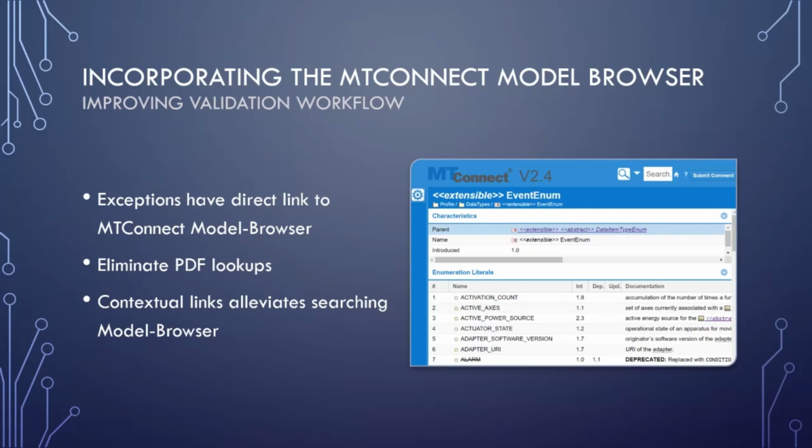The next minor update that we did, because we had the data, we had the ability to create links directly to the MTConnect Institute's model browser. So for some parts of the XML visualization, you can actually double click on parts of that document, and it will jump you to the appropriate area of this model browser. So you can reference the MTConnect standard directly if you have any questions.